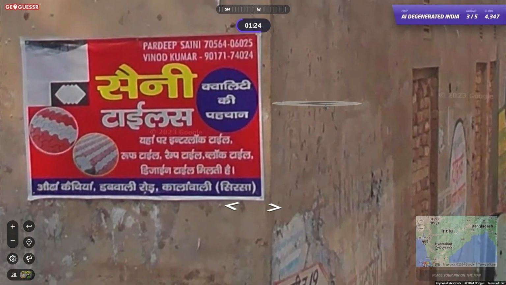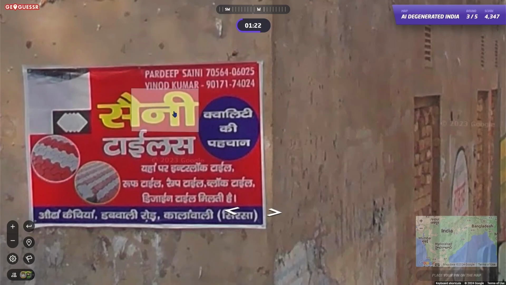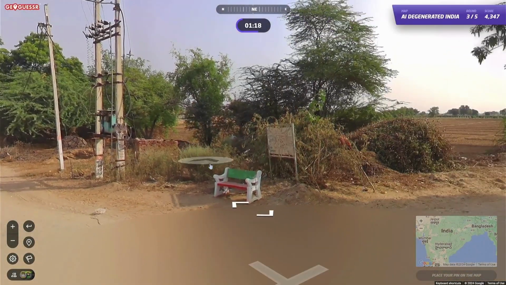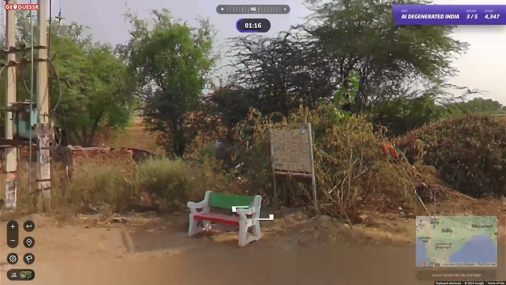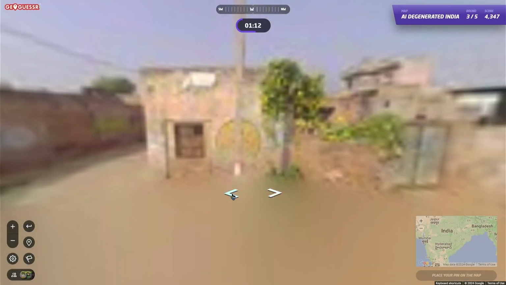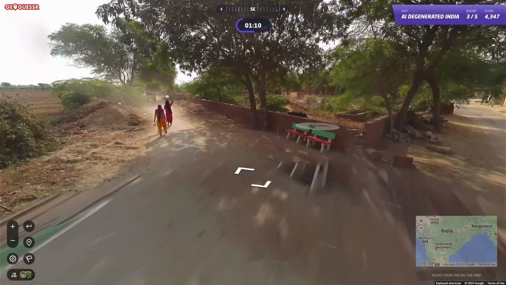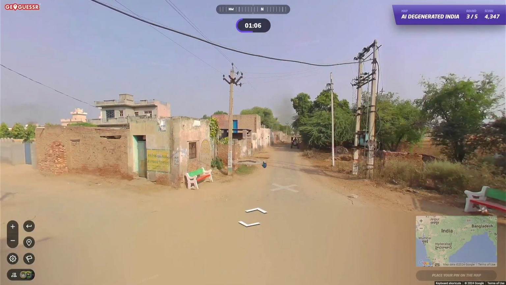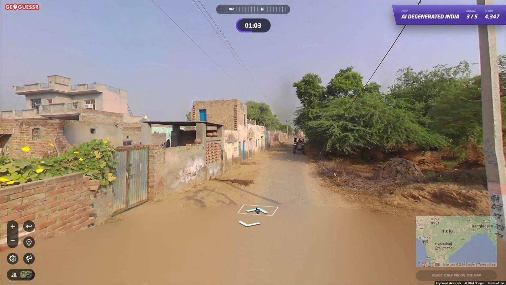I can't read any of you. Well, I guess this up here, Pardeep. These are people's names though. That's not a location. There's literally a map. Oh my god. When was the last time I saw a map in GeoGuessr? That's wild. Wait, can we go down this road? No. Okay. We need to find some information.